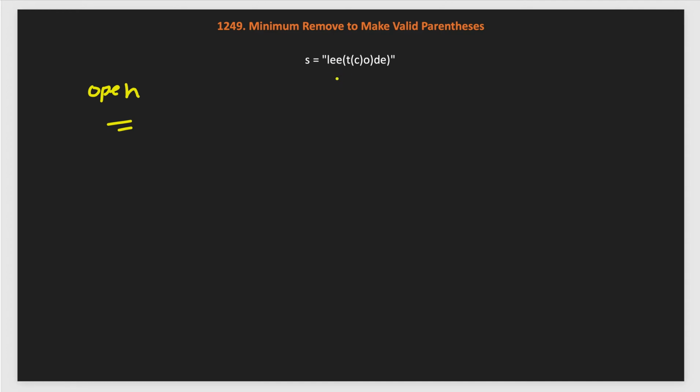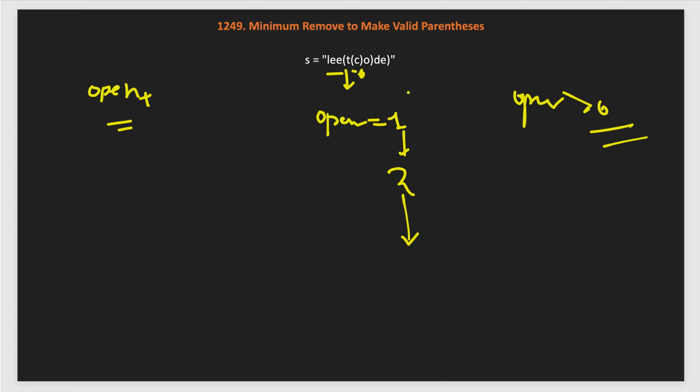So let's see how we will process this string. If the character is not open or close, we just continue. As soon as we encounter an open parenthesis, we will increment open by 1. So now the integer variable open becomes 1 here. Again we got another open, so we will update this to 2. Now if we continue, we find our first close. In that case we check if open is greater than 0, then we decrease it by 1, because this close has a corresponding open and they make a valid parenthesis pair. Now we decrease it back to 1. Again we continue, we find another close, so we again decrease this to 0.